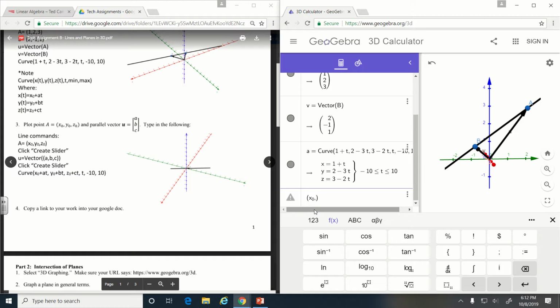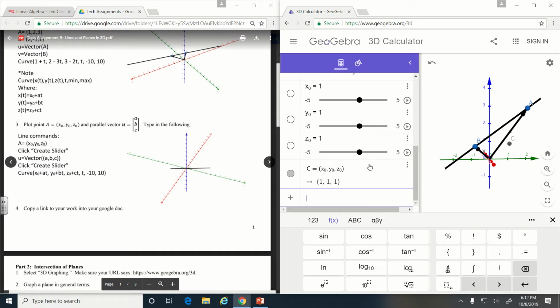The screen brightness is not making it easy to see, but on your computers, you'll probably be able to see it much more easily. So y sub 0, and then z sub 0. So you hit enter, and